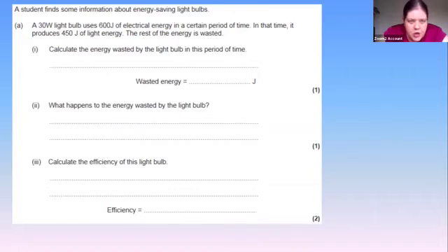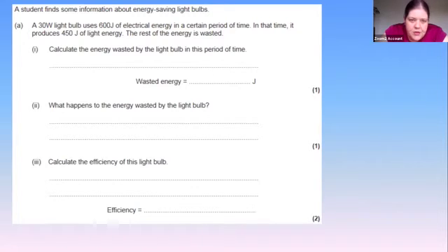Calculate the wasted energy. Okay, now for that, you've got a total of 600 joules going in, 450 going out as light, and the rest is waste. So it's nice and simple, 600, and hopefully you're all saying this one in your head, 600 minus 450. Yes, I know I could do this in my head, but sometimes it's best to check on a calculator that your head answers are right, and you're allowed to in science. So if you've had a go at that, you should have worked out that the wasted energy is 140 joules.